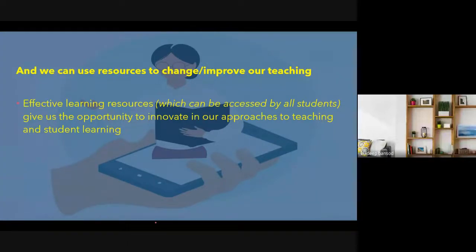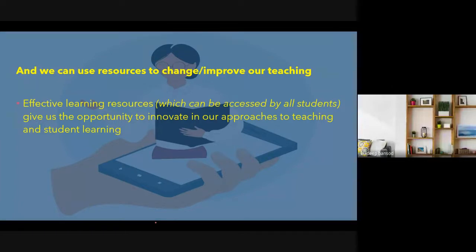Effective learning resources give us the opportunity to innovate in our approaches to teaching and learning. This might happen to you also. When you use one of the learning resources for teaching a topic, you realize that, oh, in the past I taught the same topic, but it put up hurdles.